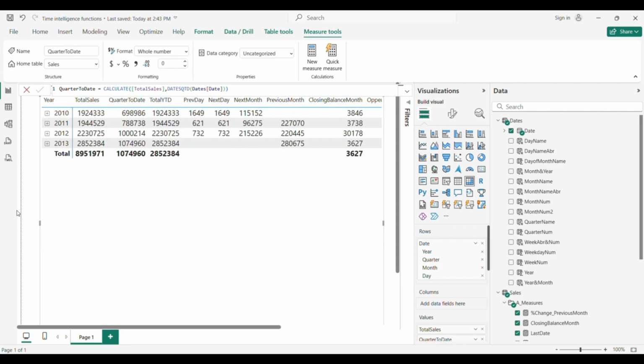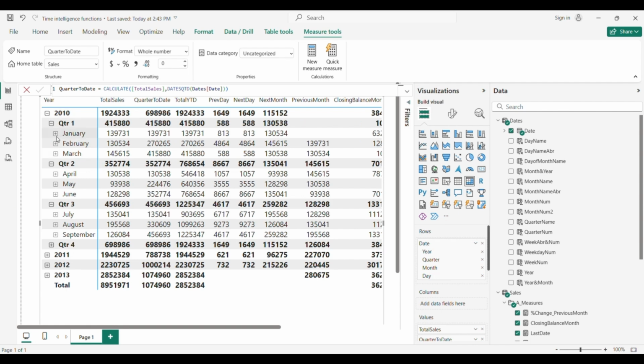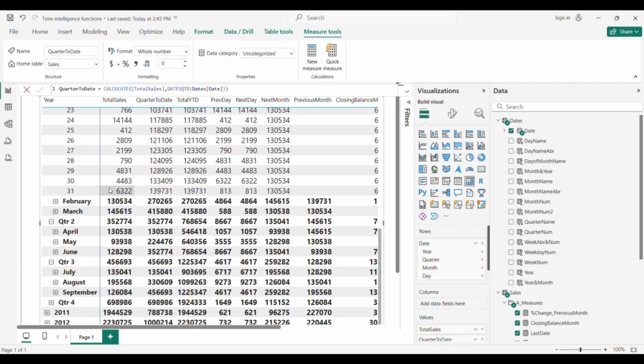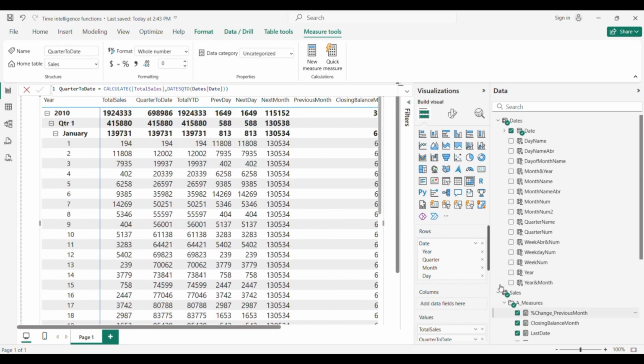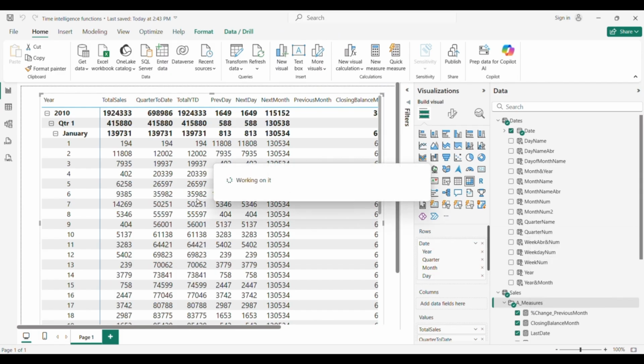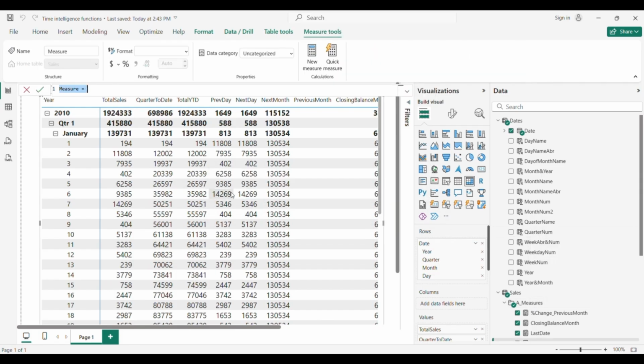Okay, we also have month to date, so basically we can sum up all the days, and then it will be reset after the last day, and then it starts again for February. So let's do that. Month to date.